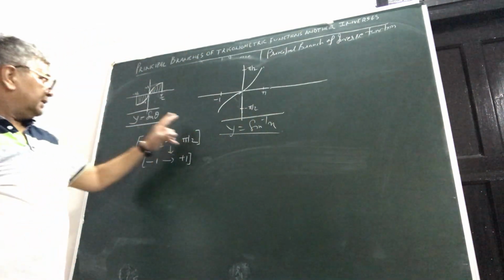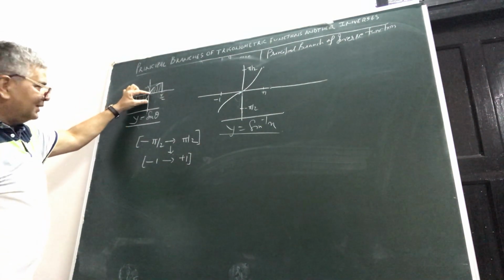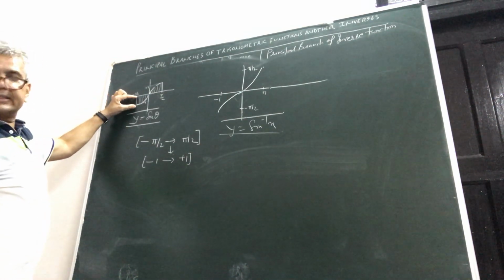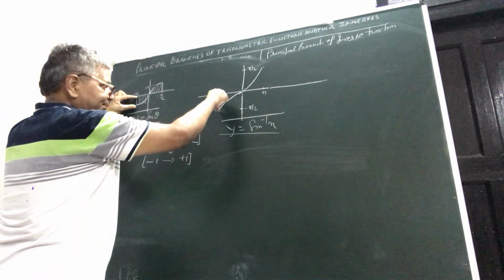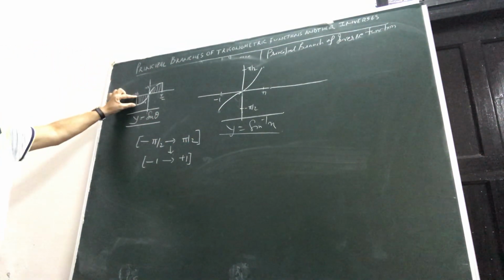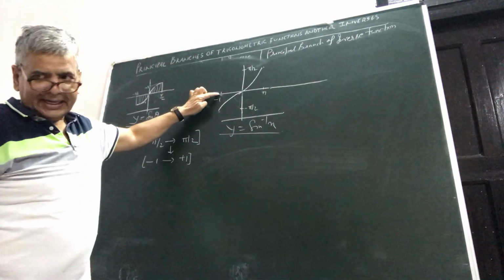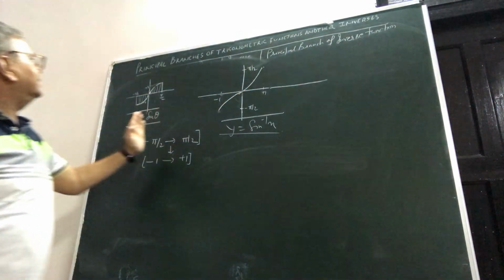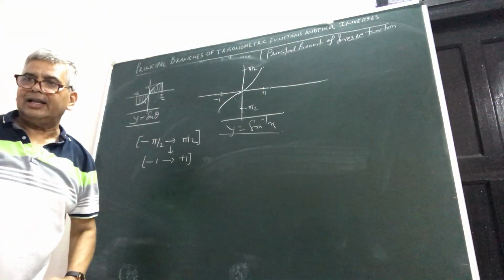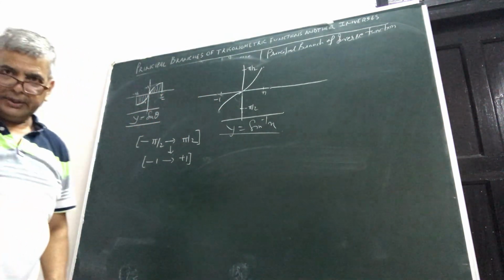Please remember, it is not the same. Here this much distance is smaller in comparison to this. This has to be larger because this is pi by 2 and this is only 1. At sine pi by 2 the value is 1, whereas at sine inverse of 1 the value is pi by 2. So at times you may have a feel as if both the graphs are of the same nature. No, they are different.